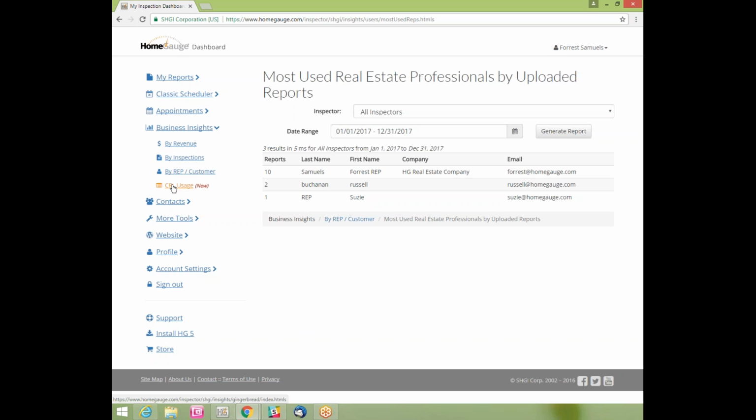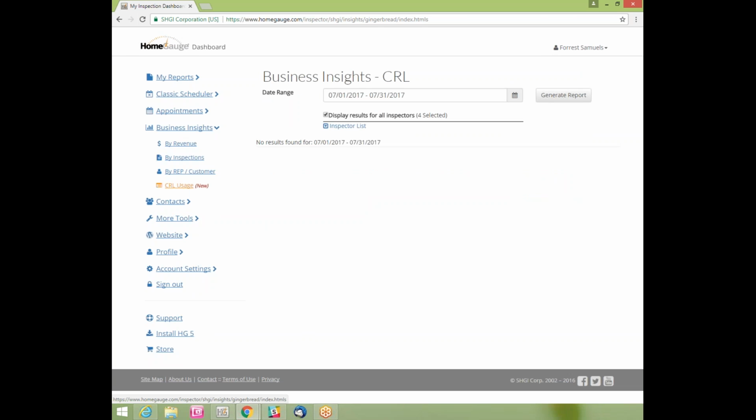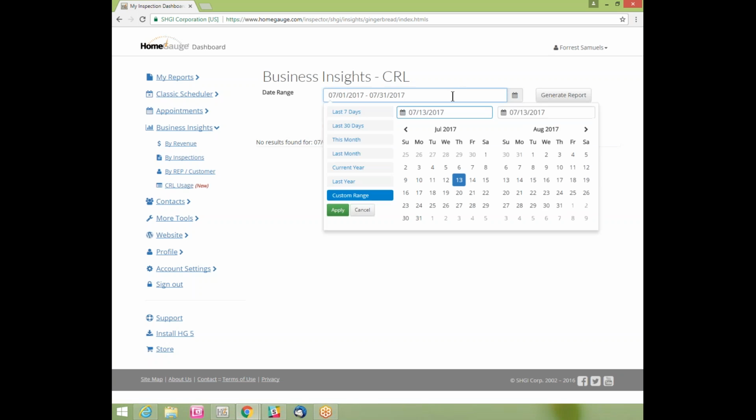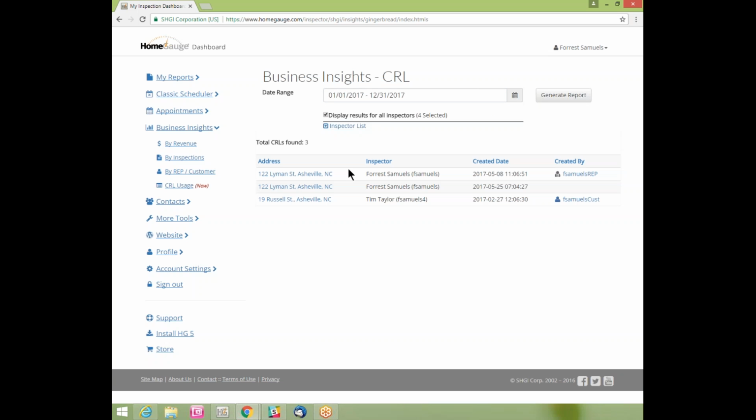If I click on this link right below it, CRL Usage, this is a new feature we just added, I think, last week. This allows you to see what inspectors' reports are being used with the Create Repair Request List feature by their agents or their customers. You don't actually see the report or anything like that. You just see if they're being used. So if you just go to CRL Usage, you can choose your date range. We'll just do the current year. And right there it pops up